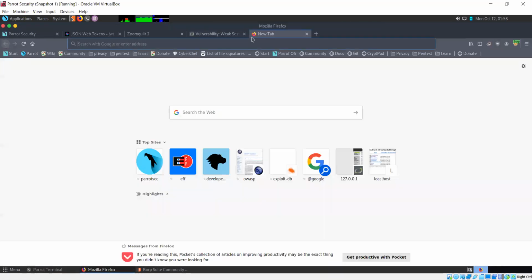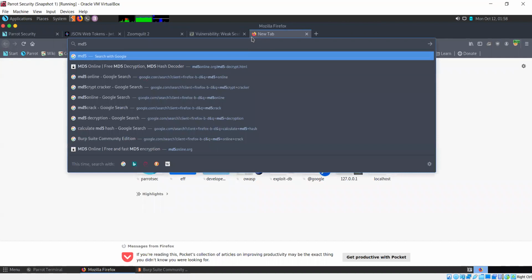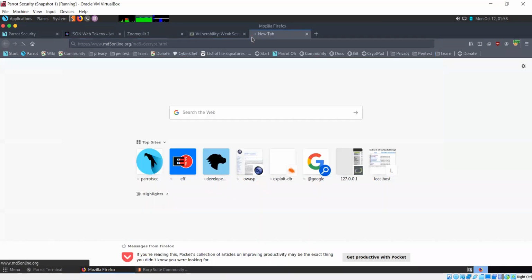And if I try to decrypt it using a site which uses rainbow tables for this kind of thing, let's see whether I find something or not.